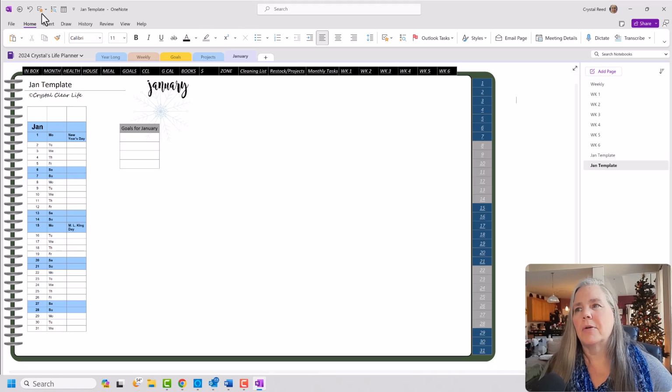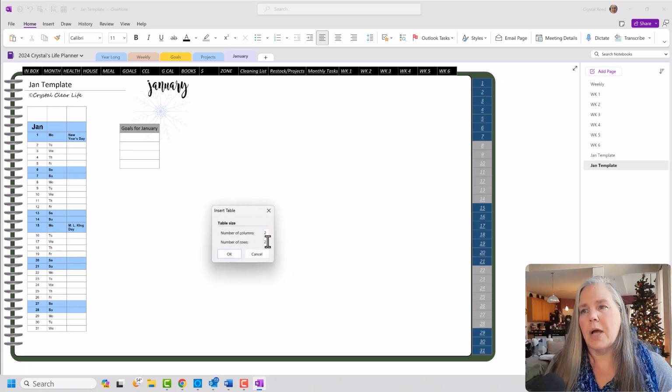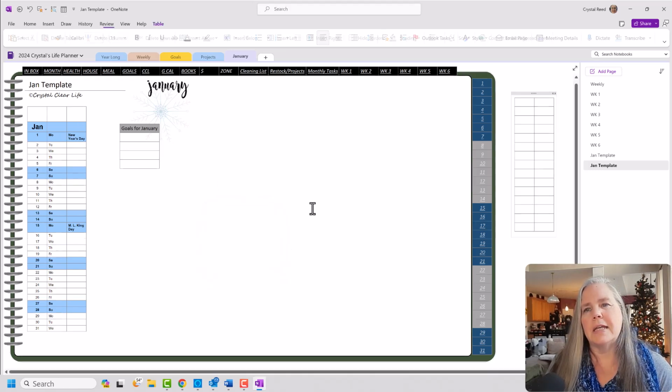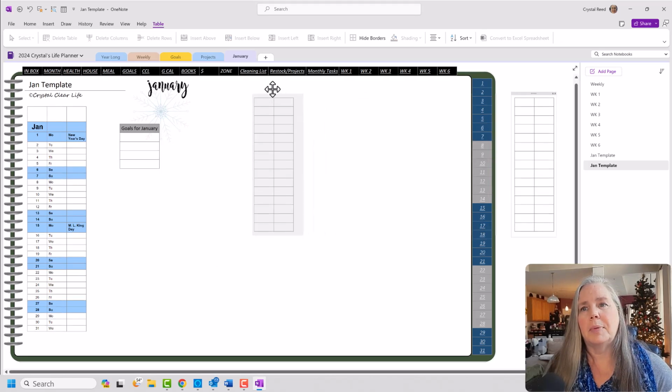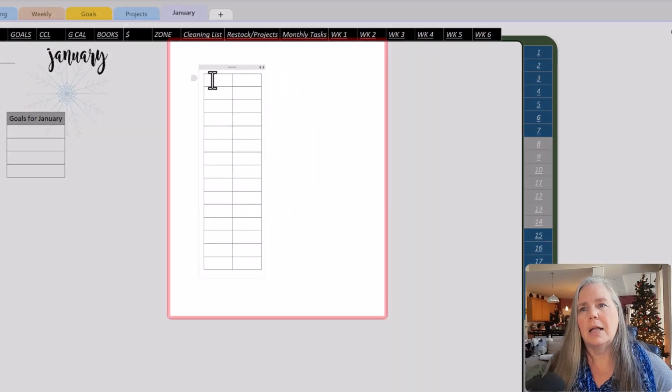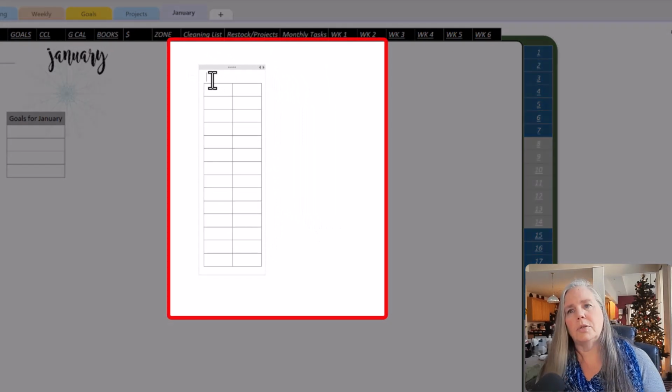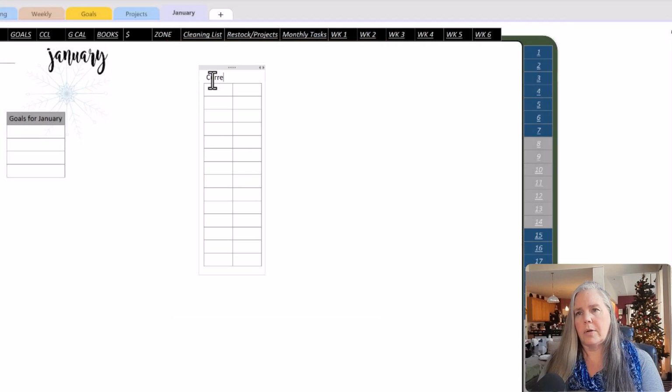So let's come out here on the side and we will create another table. This one can be 2 columns, but I usually write down quite a few things. So let's go 15 and say okay. And that gives me another place up here. Let's say I want to go outside of the box and let's write "currently,"